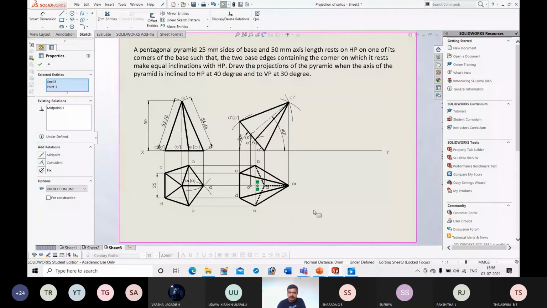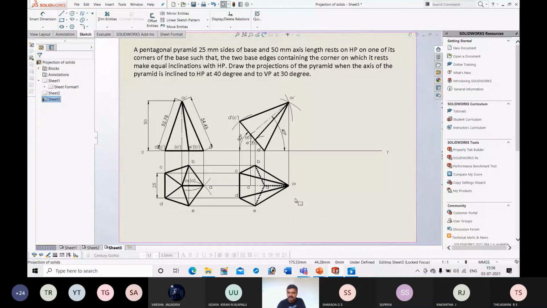While drawing second top view, rules of visibility are applicable. Okay, if you have any doubt regarding this, you can ask. By practice, this will become familiar to you. Need not worry. After solving a few problems, following the same procedure, you will become familiar with this. Next, I should redraw the second top view, similar to projection of planes. Here also I should redraw the second top view in order to satisfy the last condition.